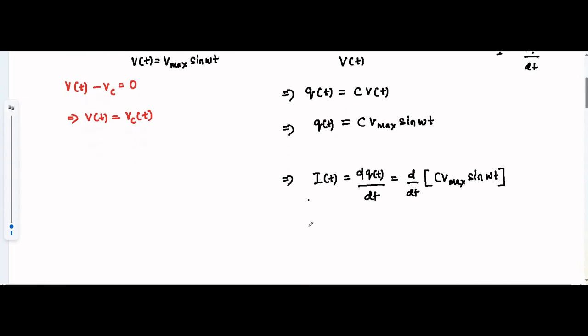So that implies current is equal to C Vmax omega cos omega t,